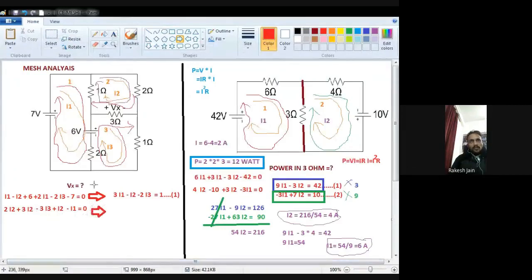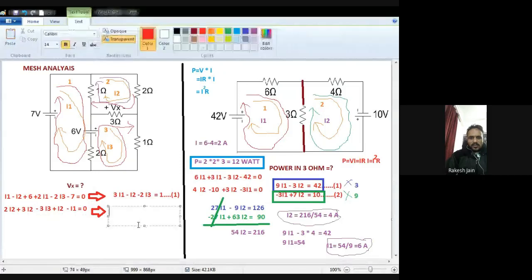So what will be the equation? This equation will be minus I1. I write down first the same minus I1. Then how many I2? 3I2 plus 2I2, that is 5I2, plus I2, 6I2 with positive sign. How many I3? Only one I3 with negative sign, minus 3I3. On the right hand side, once again I check: minus I1, 2I2 plus 3I2 is 5I2, plus I2, 6I2, minus 3I3, equal to 0 since no battery is there. This is my second equation.